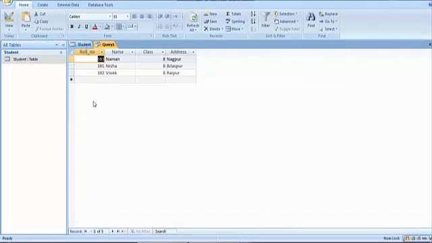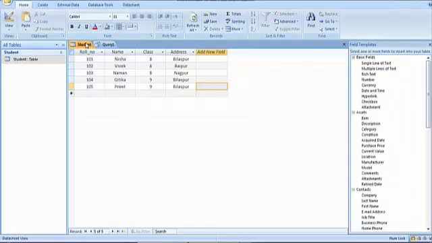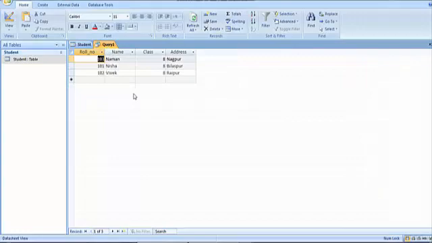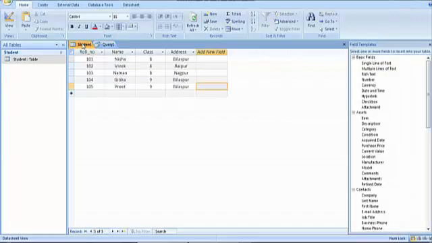Now the screen which is visible, which you can see here, is the screen of the students who all are in class 8th. So what we had done, this is the original table in which we had plenty of records, like now we have 5 records. Out of these 5 records, I have just designed a query in which I got the records of the students who all are in class 8. So this is one way of doing it.